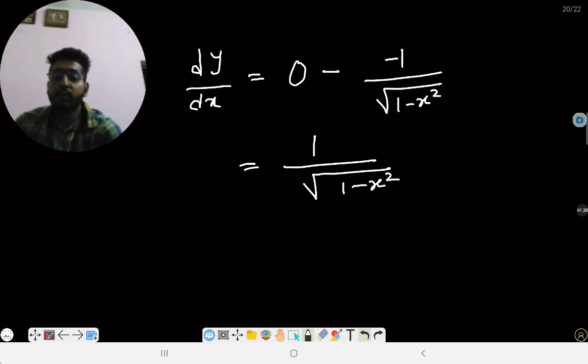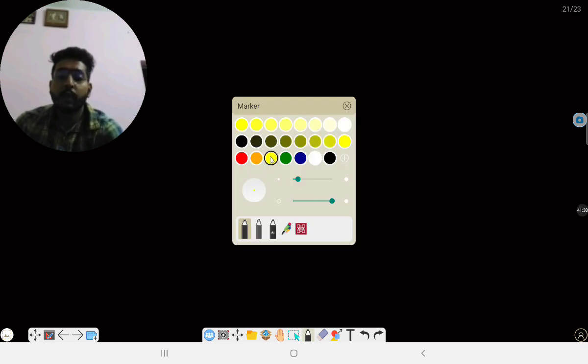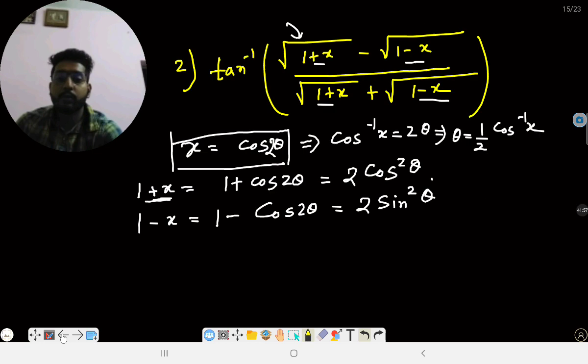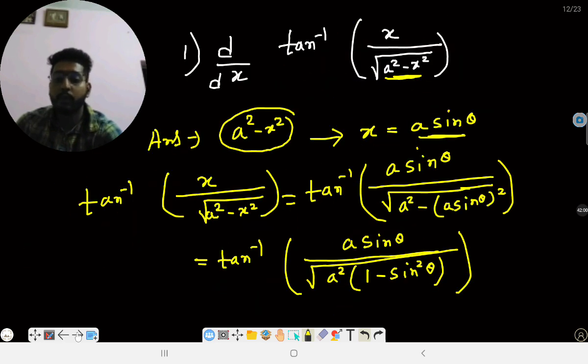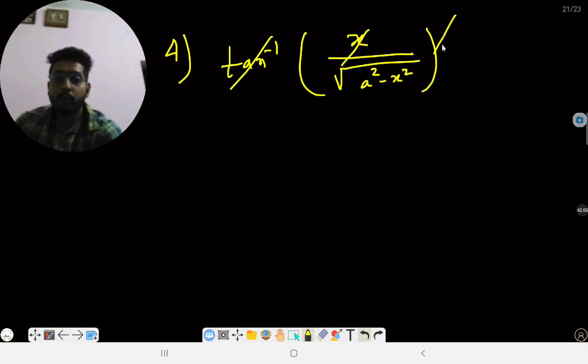So this is question number 3. Next, again I'm giving a question, question number 4, and I'll give the hint here. Suppose it is given tan inverse of x by root under a square minus x square. I think we have solved this one, so that one has been done. So question number 4 you can take like this,